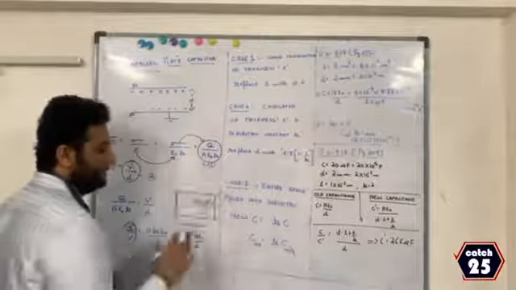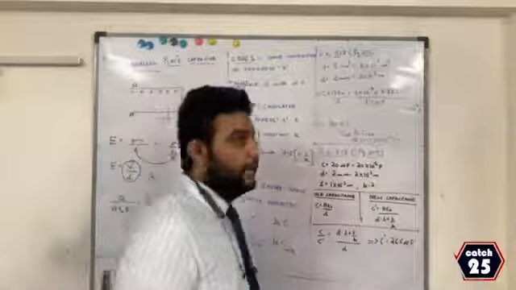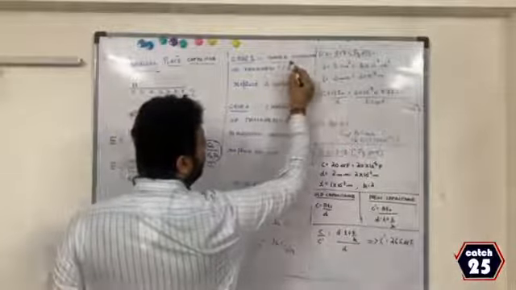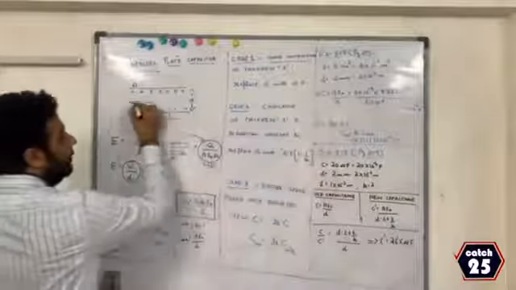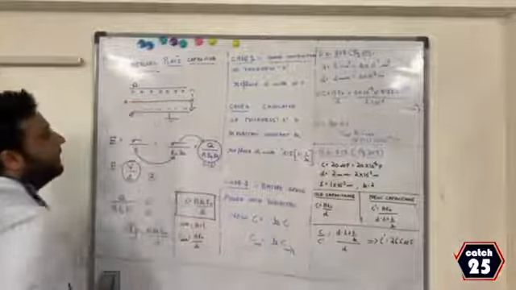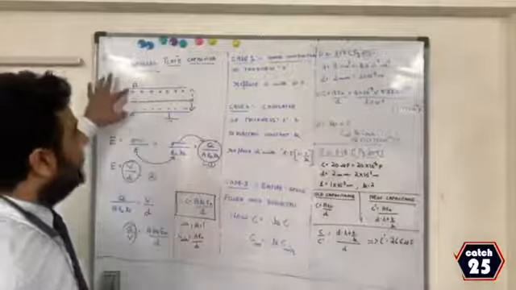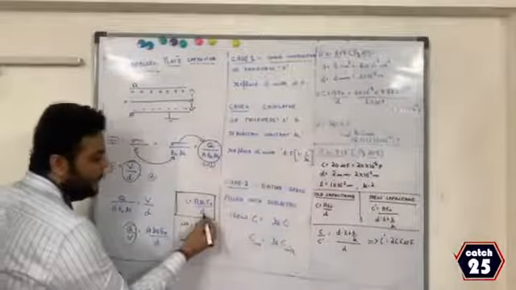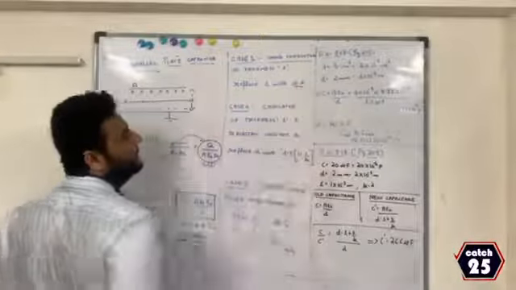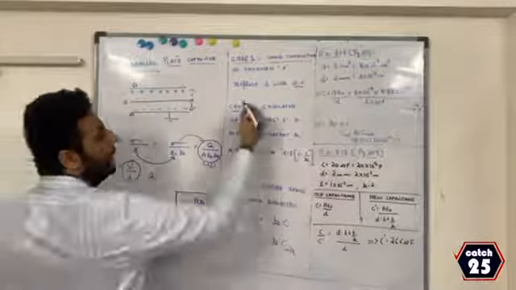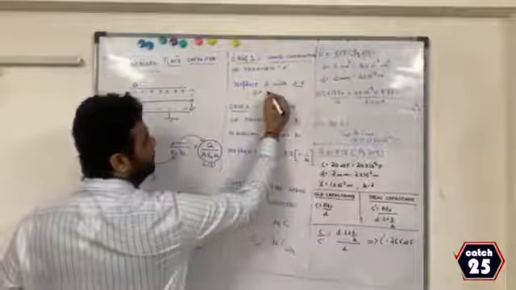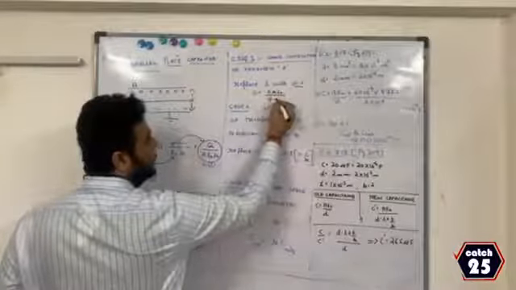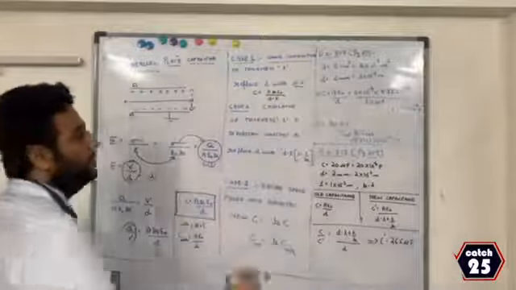Now, there are special cases in this. Case 1. Now, in between these two plates, I put a good conductor. Please look at this word carefully. I put a good conductor of thickness T. If I do this, I have to replace D by D minus T. Then what will happen to my capacitance? C is equal to A K epsilon naught by D minus T. This will be my formula. This is our case 1.